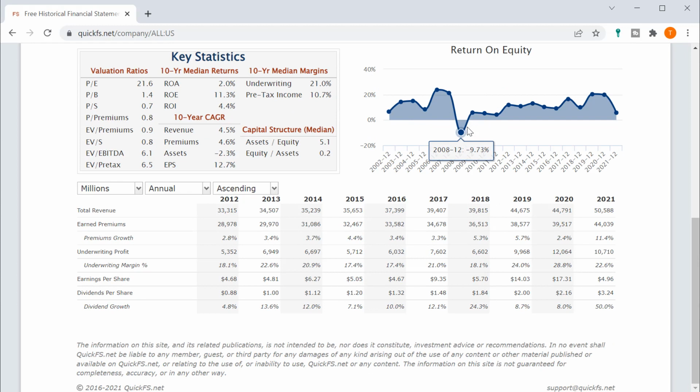So return on equity is what I like to see. It's going to be a little bit difficult because it's going to look cyclical like all insurance companies, because every once in a while you're going to have losses. The last time that they had a loss, it looks like, was 2008. That's significant because that was a recession. But otherwise, in the last 20 years, they've only had 1 year with a loss.